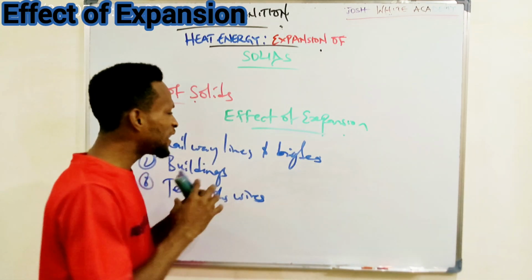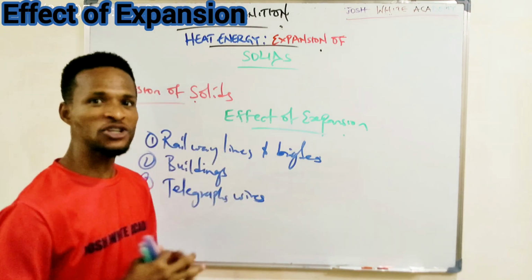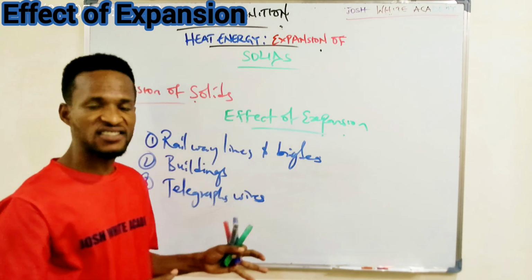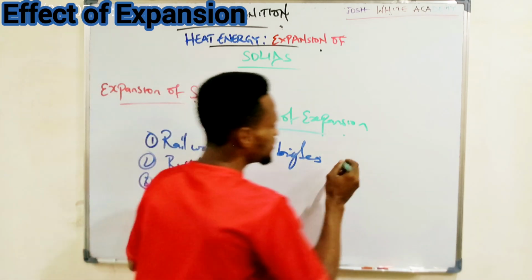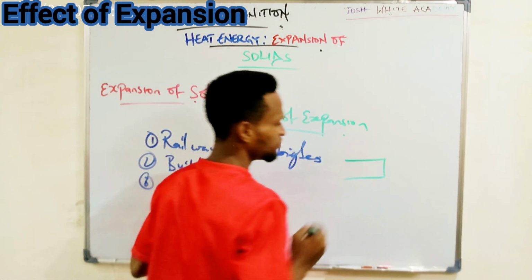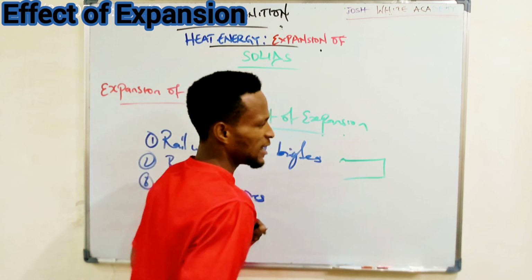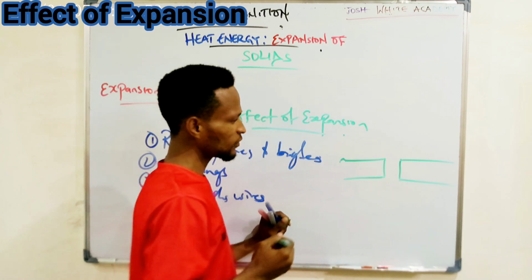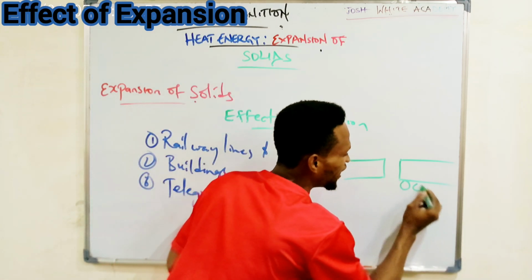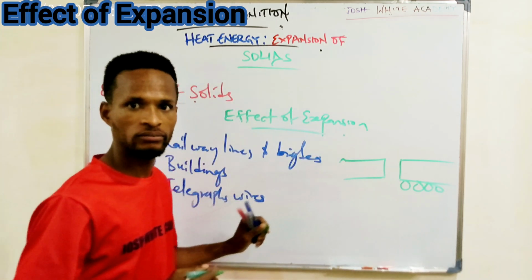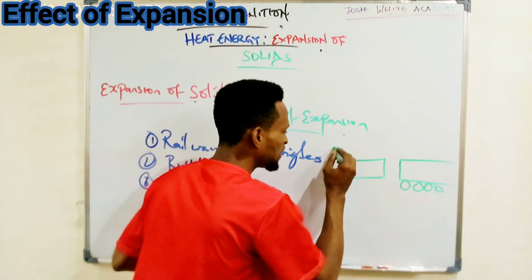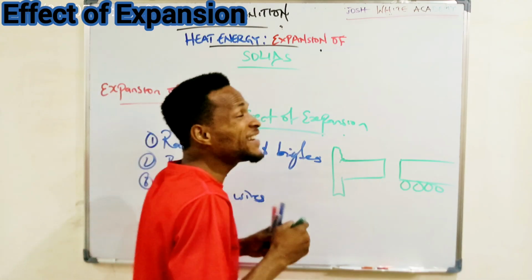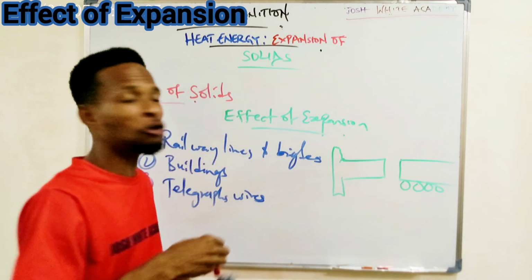The railway and bridge are made in such a way that one part is fixed. Let's say, for instance, this is one part, and this is another part. This part is placed on rollers, whereas this part is fixed, so that when the heat from the sun